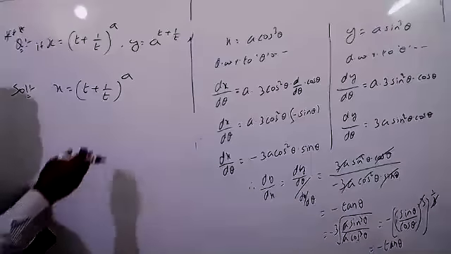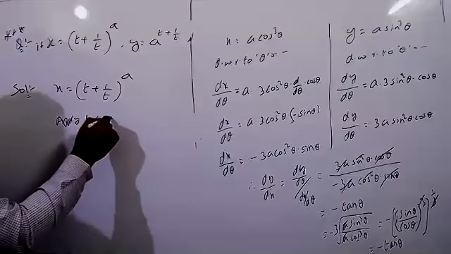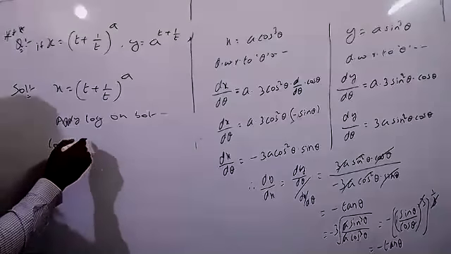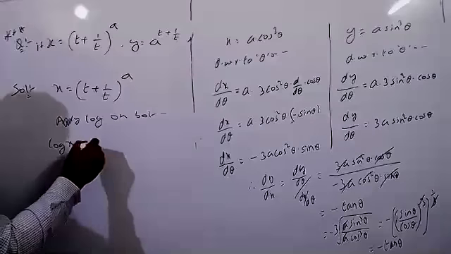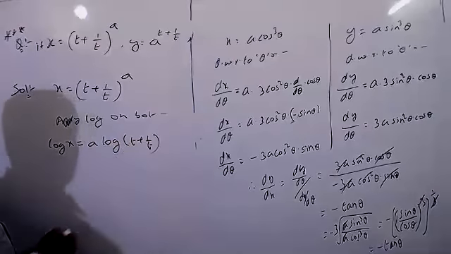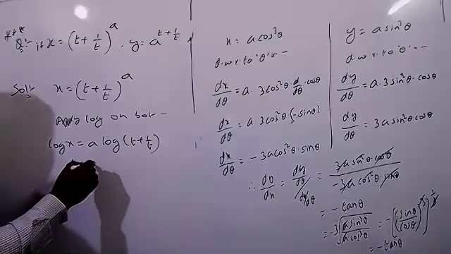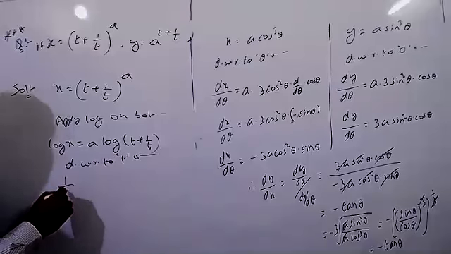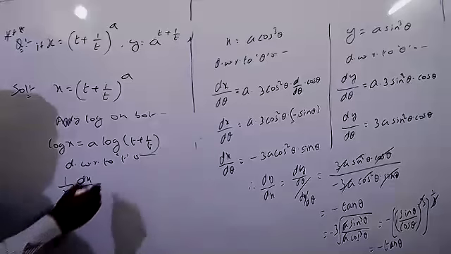Apply log on both sides, but don't take it directly. Log on both sides. So this is log x equal to a into logarithm of t plus 1 by t. Now differentiate with respect to t on both sides. So this is 1 by x into dx by dt equal to